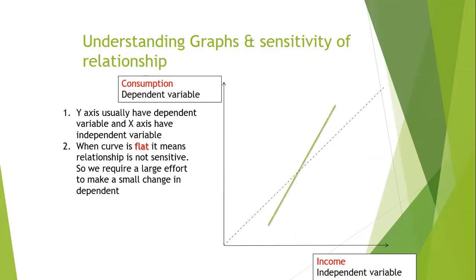So there's another case. If the line is steep, in the green case, what is happening here? So why is it steep? Because its angle is more, it is more anti-clockwise or more vertical as compared to the dotted line.